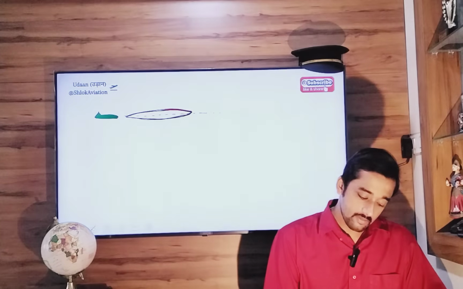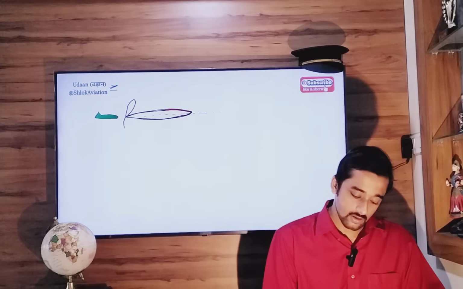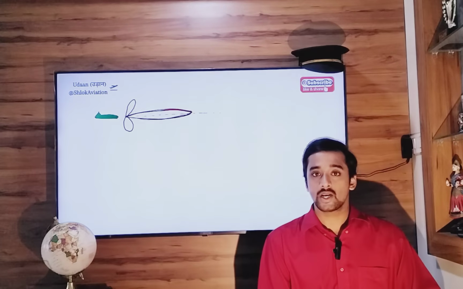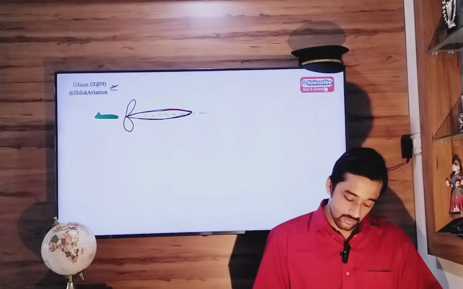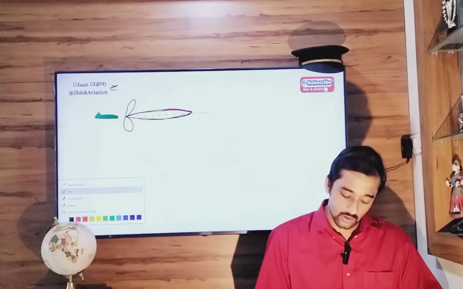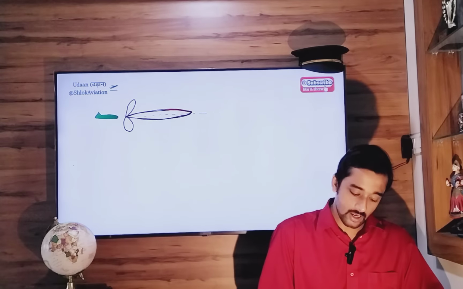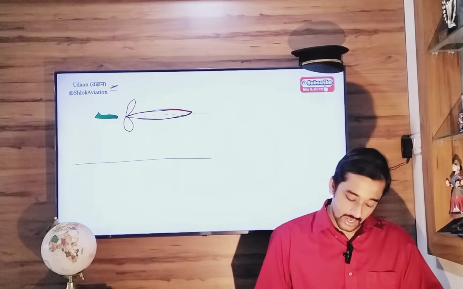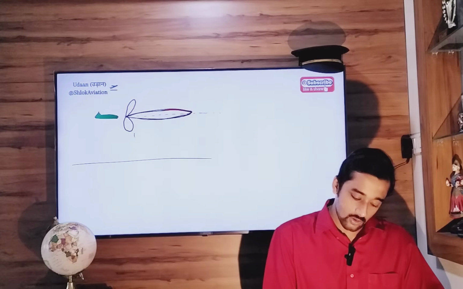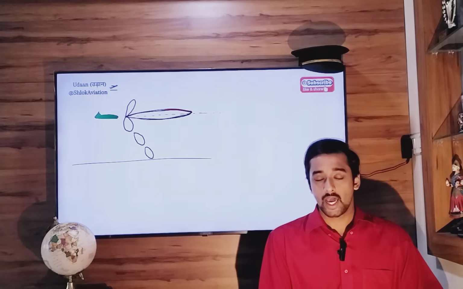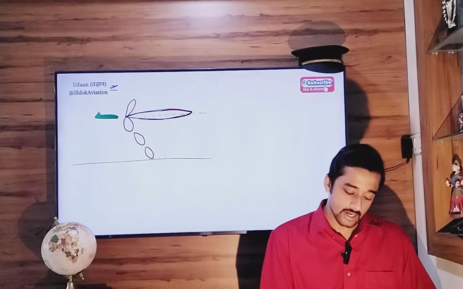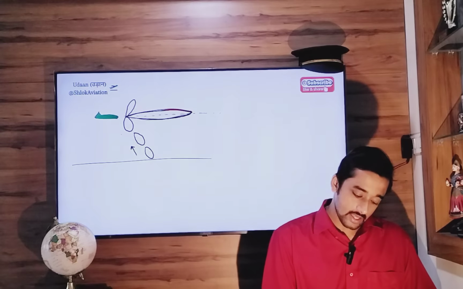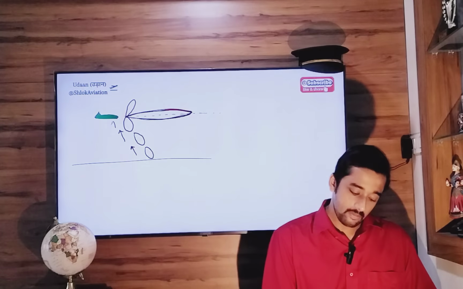Now this conical beam will have some side lobes, and you can direct these side lobes. You can rotate the scanner antenna of your airborne weather radar, and you can direct this side lobe towards the ground. And when they strike the ground and get reflected at the receiver, they produce something called